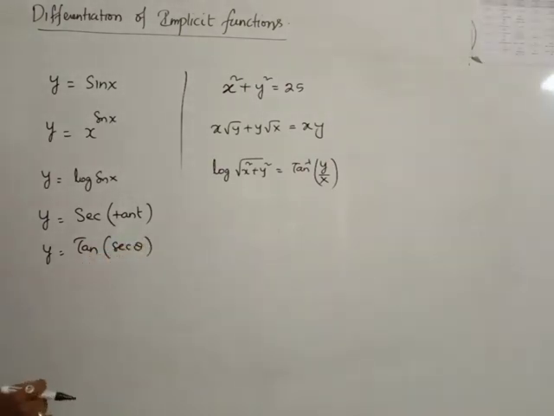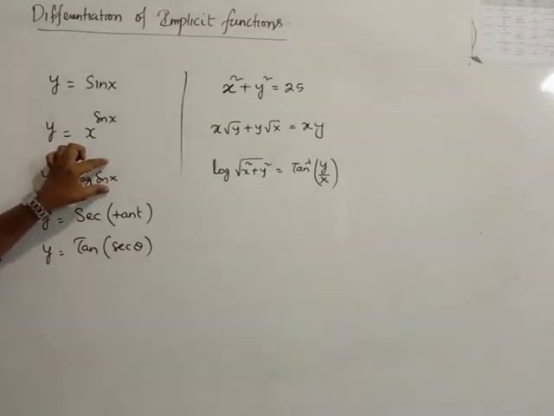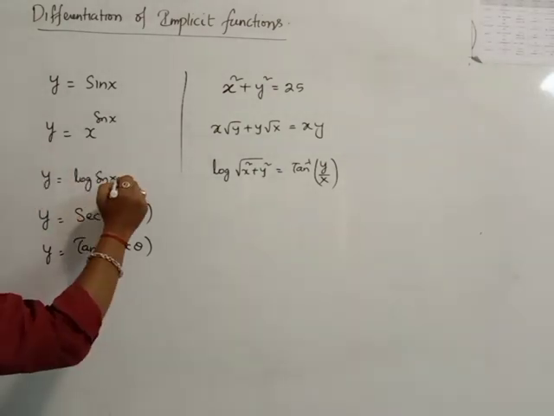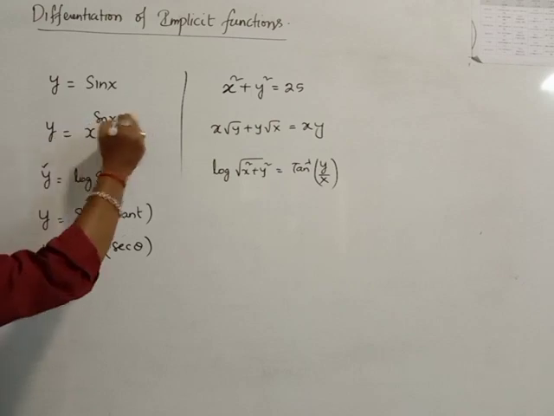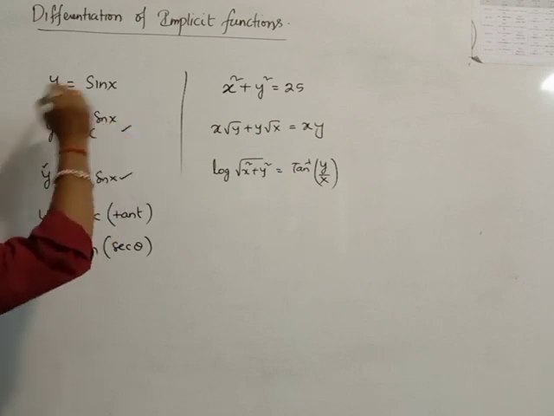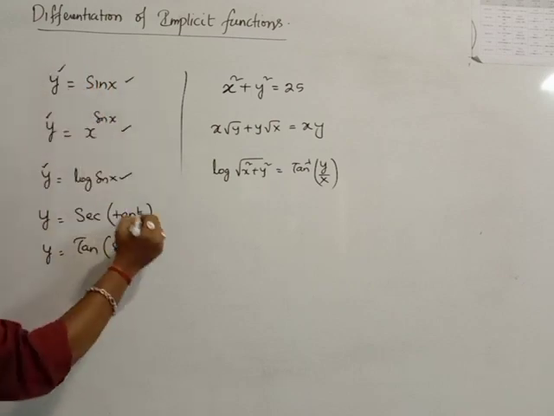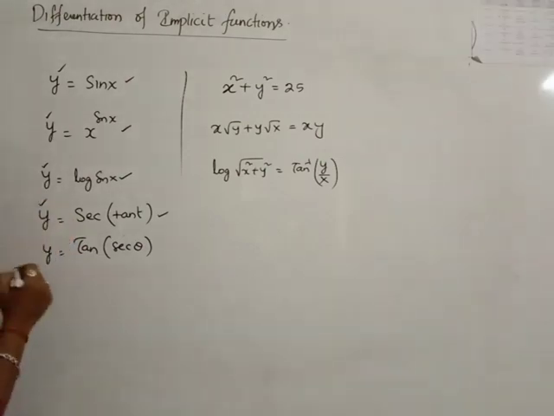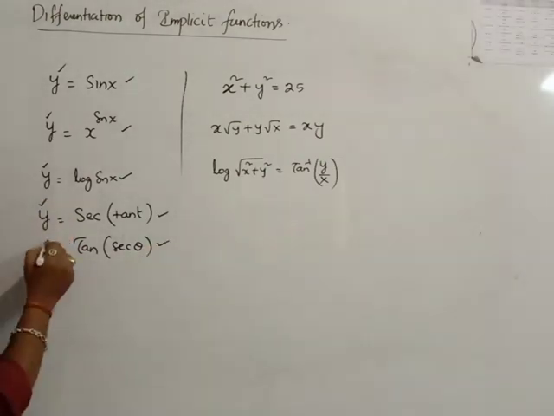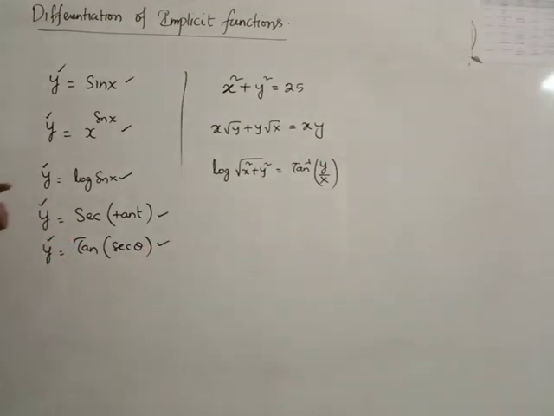Here one variable is depending on another variable. If you take the x value, you get the y value. Here you can take a t value and get the y value. Here you can take a theta value and get the y value. So one value is independent, another value is dependent. Such types of functions are called explicit functions.